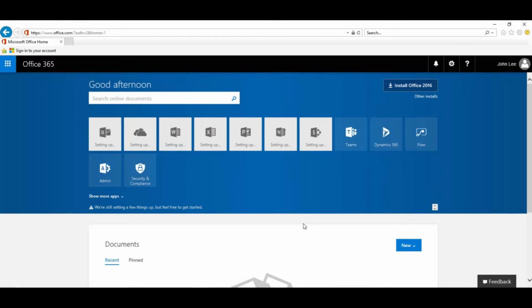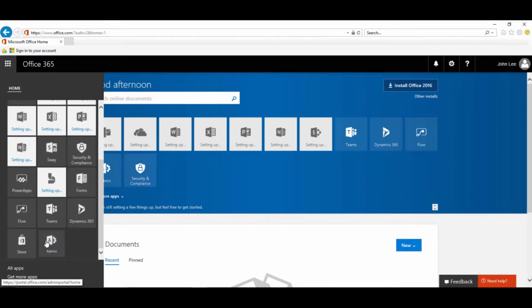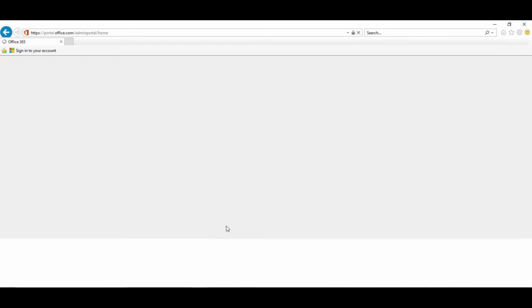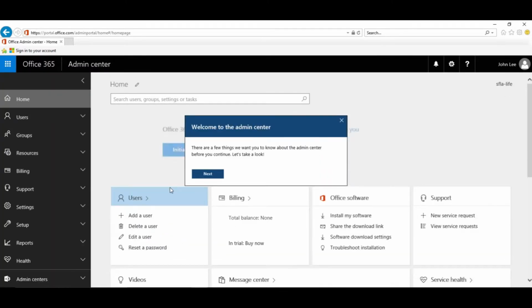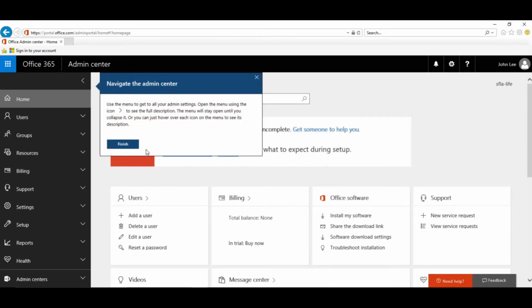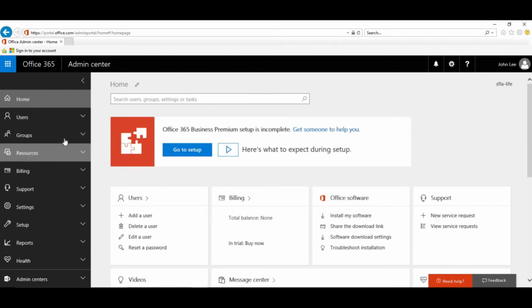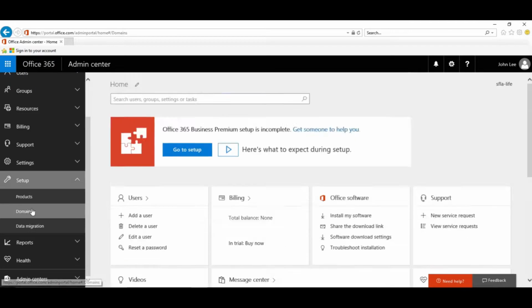But some of the things that we can do while this process is going on is what we're going to cover now. If you'll notice in the upper left, there's a checkerboard. If you go up there, click on that, scroll down, you'll find the tile that says Admin. That's the one we want. That will bring up your admin page with all your admin menu on the left. And as you open this up, you'll see tooltips. I would recommend you read those tooltips because it gives you some indication as to what each of these sections will do. Now from there, we want to go to Setup, and then we want to go to Domains,